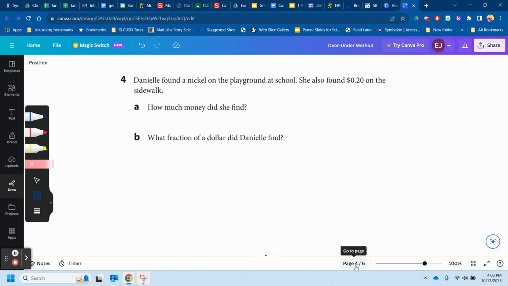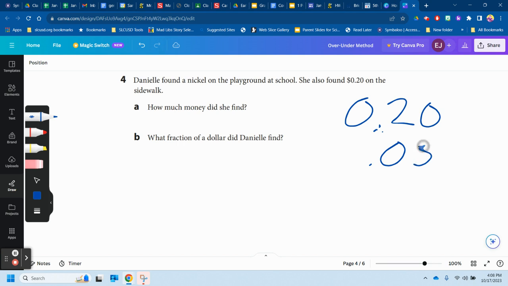Okay. So Danielle found a nickel on the pavement and 20 cents on the sidewalk. How much did she find? Oh, a nickel's 5 cents, 5/100ths. So I have 2 dimes, and this is a nickel, 0.05. $0, 2 dimes, 5 cents, 25 cents. So 25 cents, draw a little money sign,